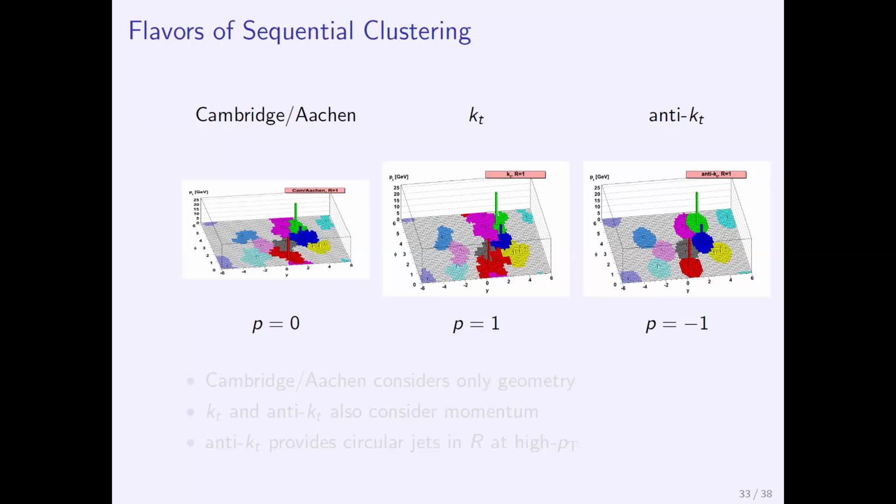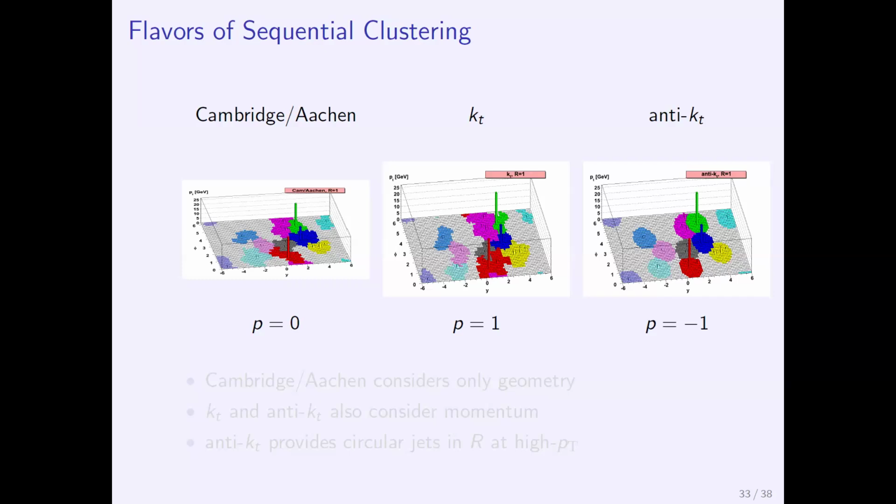So this is the Cambridge-Aachen routine here, where P is equal to 0. This is where P is equal to 1, so this is the KT clustering. And then this is anti-KT, where this P factor is -1. And you can see why for many LHC applications, for many measurements up to this point, this anti-KT algorithm is used. It's because you end up with these kind of nice round jets in terms of this rapidity-phi space